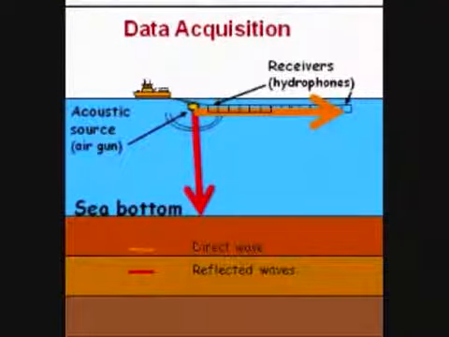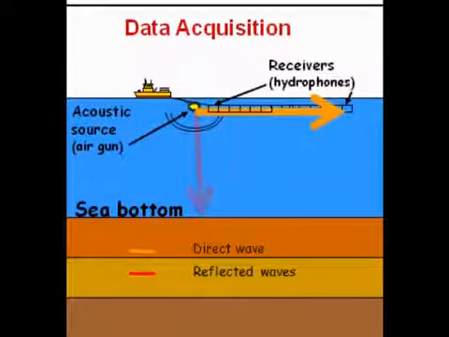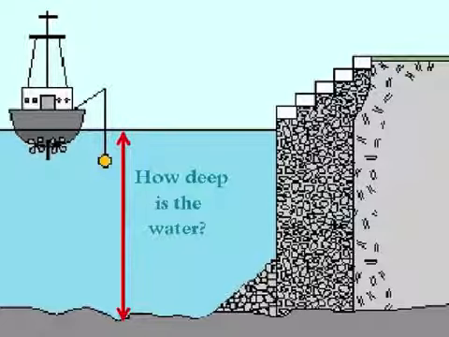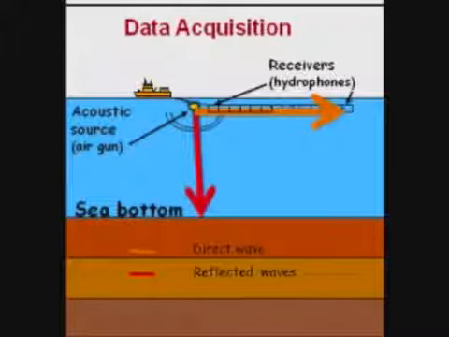Now let's look at a reflective wave. Here we have this first red wave. Now using the TWTT formula, small d equals V times T divided by 2, they can calculate the depth of the water. In this calculation, they are going to measure the sound wave emitted from the gun, but this time,